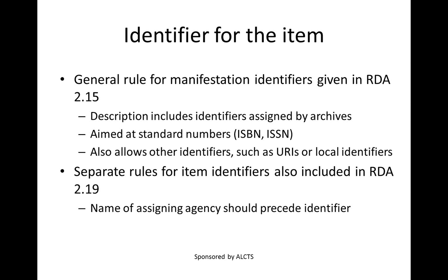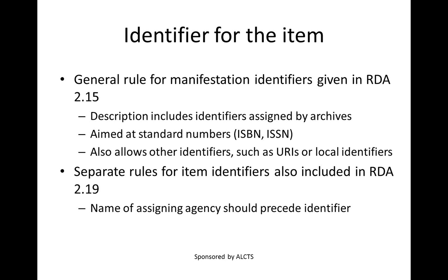However, in creating an RDA DACS hybrid record, it is important to also include the required elements from DACS, which are in addition to core, again going back to that earlier list. The first of these is the item identifier, which is somewhat different from the manifestation identifier that is on RDA's core list. Looking to the manifestation rules provided in RDA 2.15, the focus there is on standard numbers such as ISBNs or ISSNs that would be used to connect multiple items of the single manifestation.